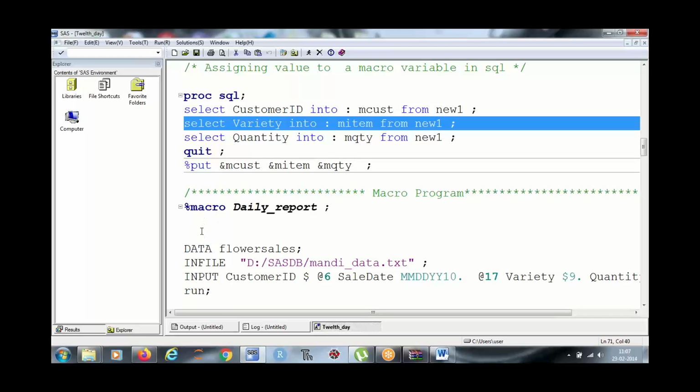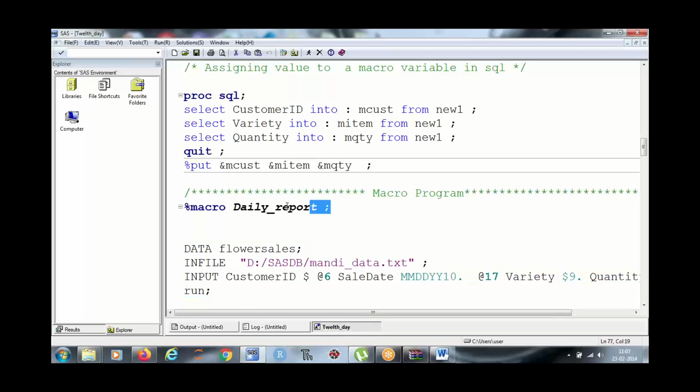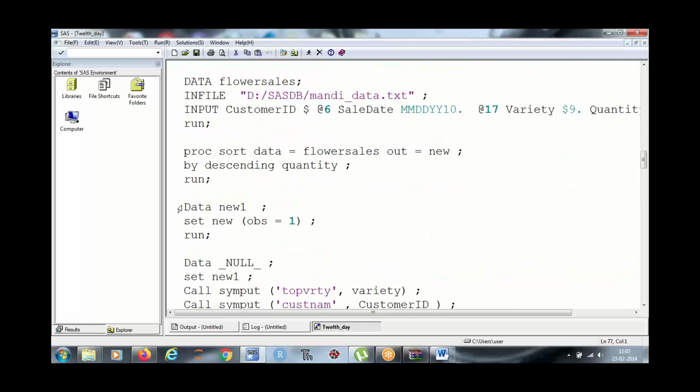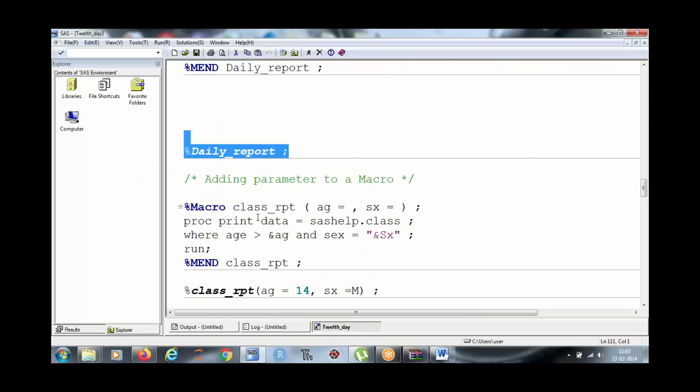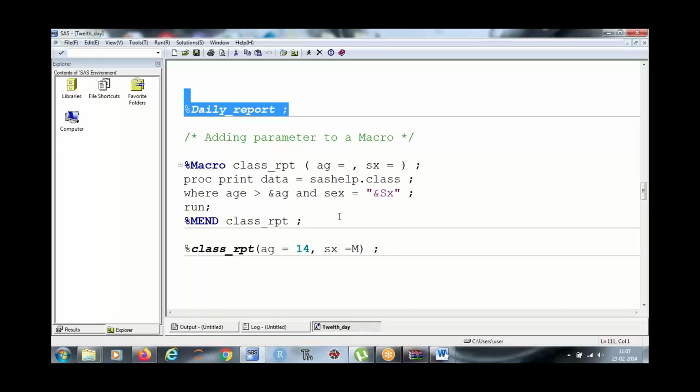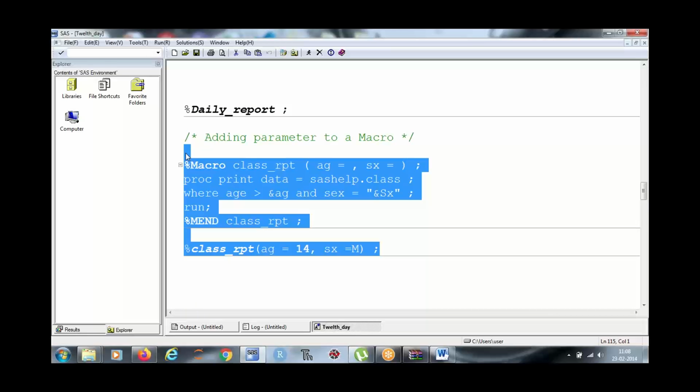We have also learned how to convert a standard program into a macro program and how to call a macro program. We have also discussed how to add a parameter to a macro with this example.